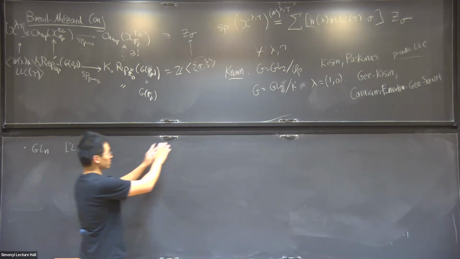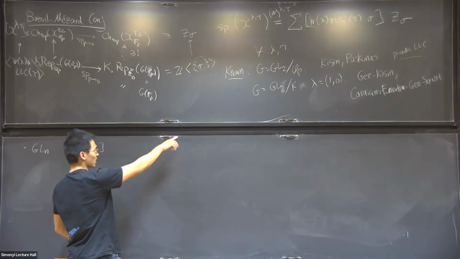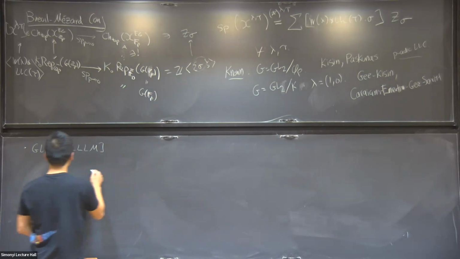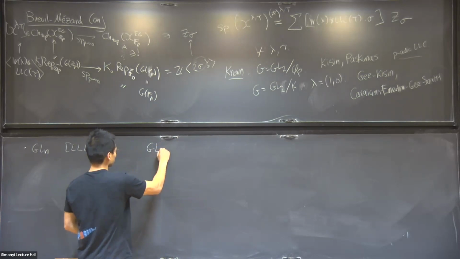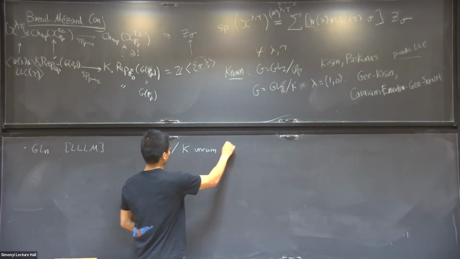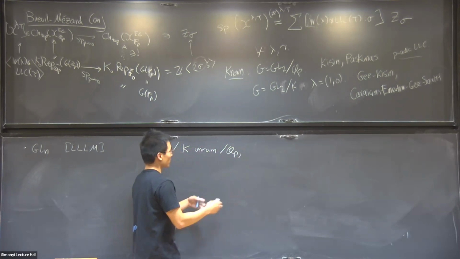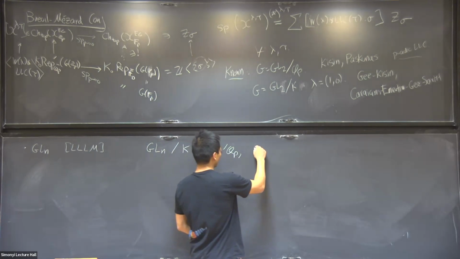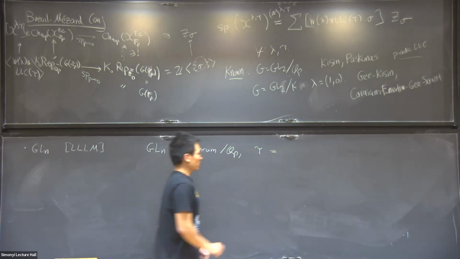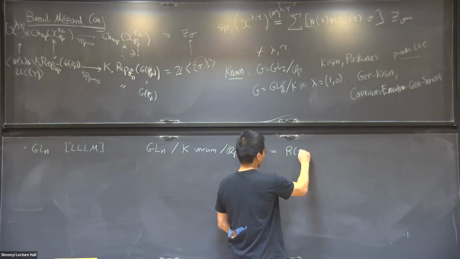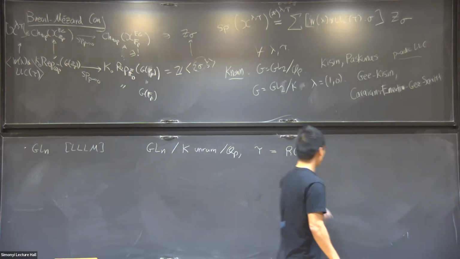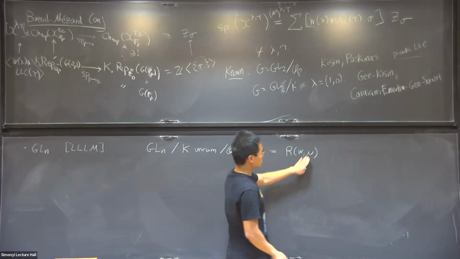So we're going to study this problem with some constraints, like in the second example, on what we're going to allow for these lambdas and taus. Our situation will be GL_n over K, which is a finite unramified extension of Q_p. Morally, our tau is going to be pretty generic. Tau is going to be a representation of the form R(w, mu). This is a Deligne-Lusztig representation, like I was referring to here. W is in the Weyl group, could be anything. Mu is going to be constrained.